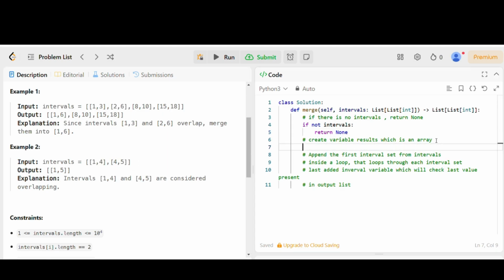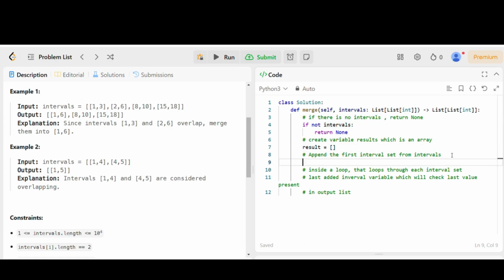Now, another thing that we're going to do right now, don't worry, I'm going to get rid of the comments in case it's confusing. We're going to have a results array, which is what we're going to be returning for our examiner to view. Then we're going to iterate through our intervals. So for i in range 1 comma length of intervals,